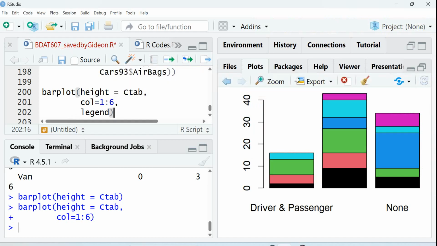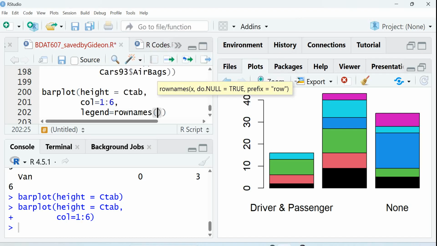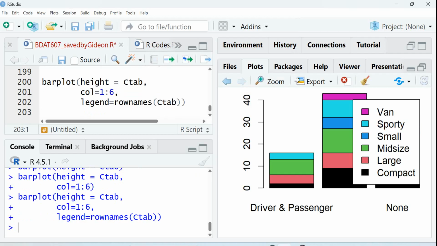should it be legend or legend text? Okay, so let me see. The legend will be the row names. Row names of height. Oh, sorry, no, height. Theta. Let me see. Okay. But the legend is even occupying, and it's because of the way I've increased my font size. So you realize that what is happening is that the legend